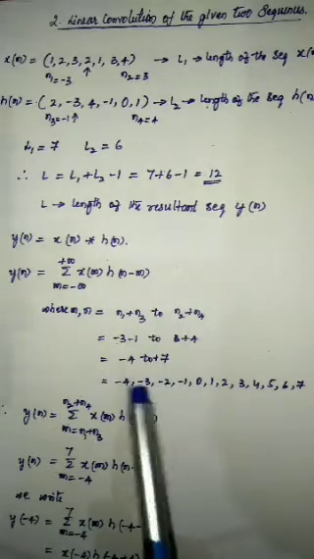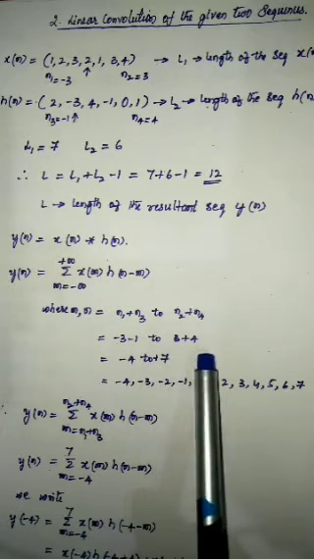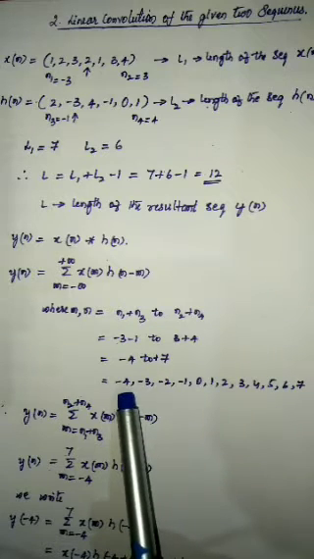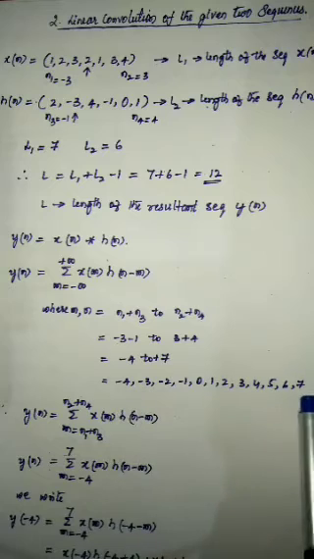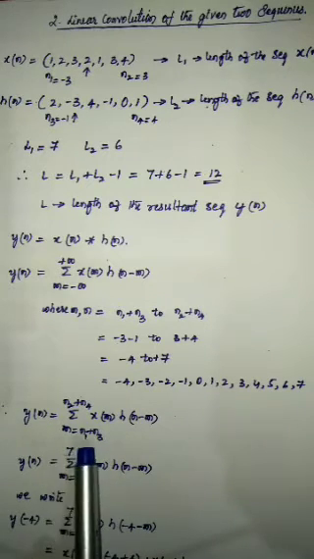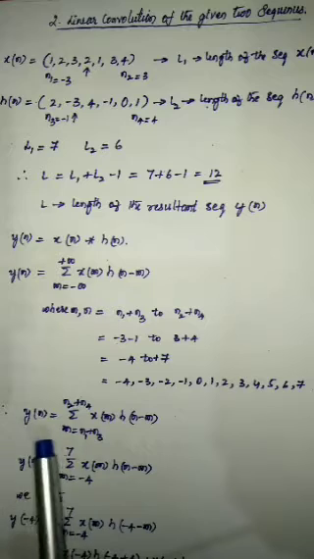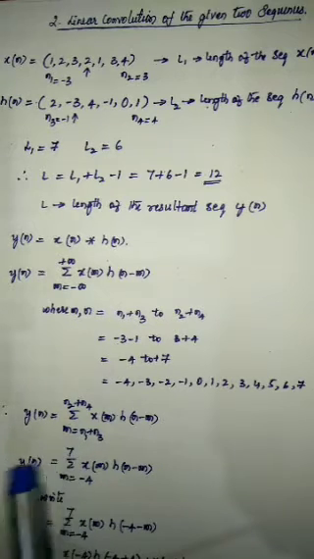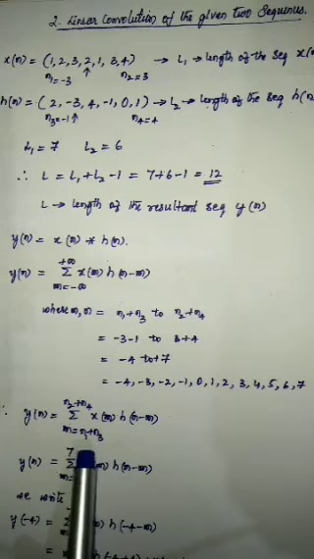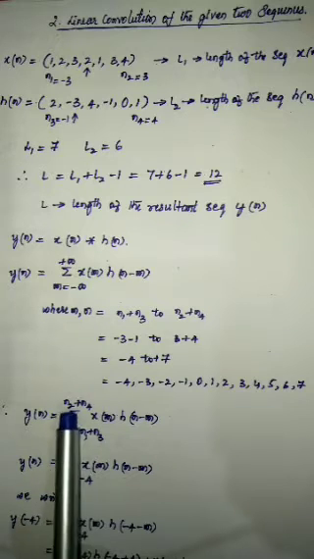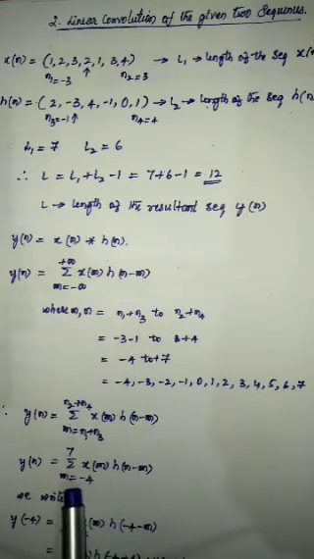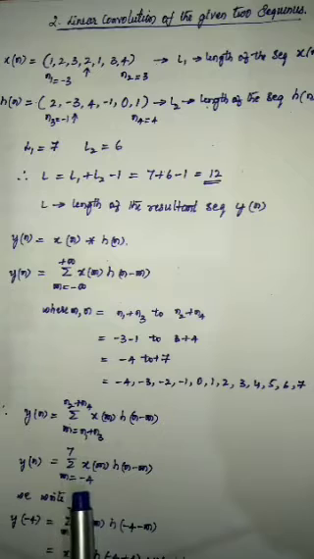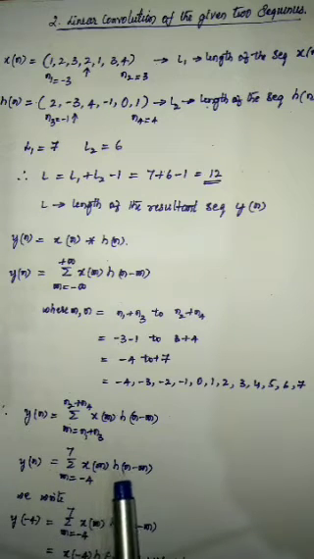According to this example, it is -3 -1 to +3 +4. Therefore, it is -4 to +7. If I split it up, it has to vary from -3 to +7 in this order. Now, in general for the formula, y of n is equal to the summation with m varying, instead of writing from -infinity to +infinity, directly upon analyzing we have concluded that it varies from n1 plus n3 to n2 plus n4, as written here. For this example, it is from -4 to +7, and that has been written here, that is m varying from -4 to +7, of x of m into h of n minus m.